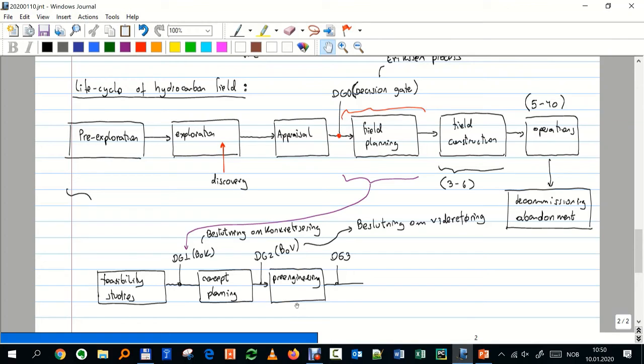I need it to have the following facilities. I need it to deal with this amount of crude. I want it to have dehydration. I want it to have so many pumps, so many compressors. You have to make a requirement list, a list of technical requirements that you need. And that's the pre-engineering. And after that, I go to DG3, where I have